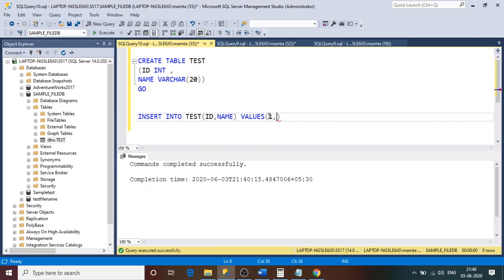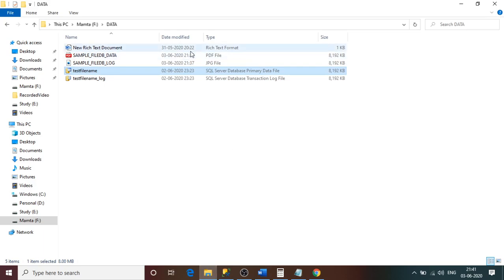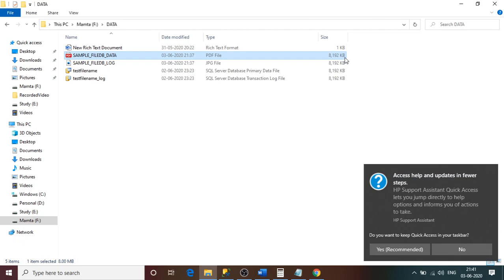I'll give the value 1 comma test, and I want this value to be inserted 20,000 times. Why am I inserting the same record 20,000 times? Because I wanted to show you that this primary database file is going to expand. It will prove that what we are inserting into the database is working correctly. Okay,